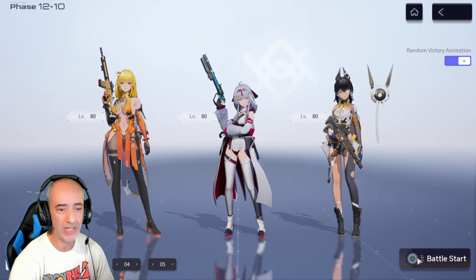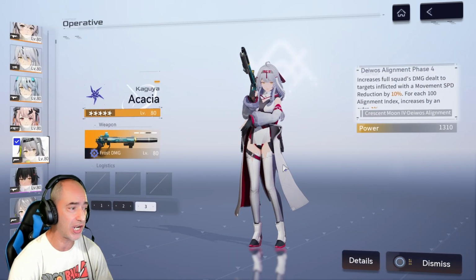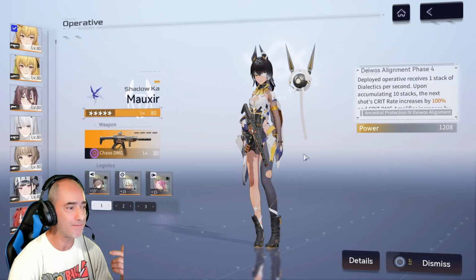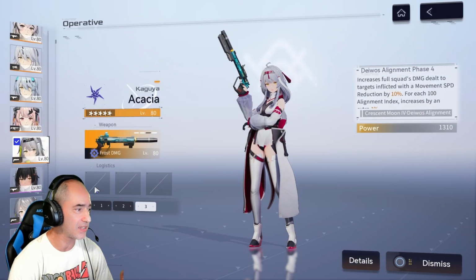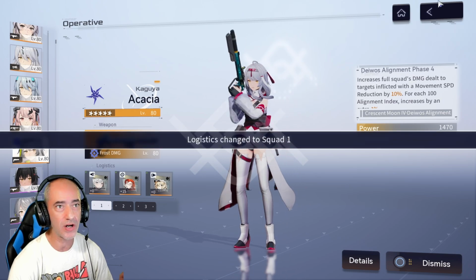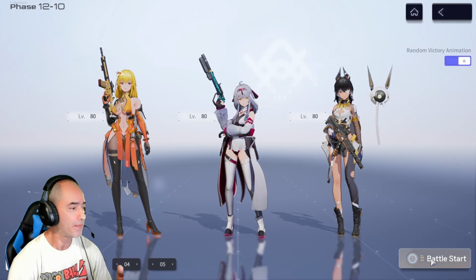Her damage really, like, we'll jump in here. And this, by the way, is a 5-star Acacia who doesn't have logistics on her, which we're going to have to change. And we have Moxer here who has logistics on her, right? So let me go ahead and change this up a little bit, guys. And let's add a little something. You know what we'll do is we'll just put the Navigator Squad on her, okay? We'll get a little bit of a buff. Not the best buff that we could get from other logistics, but I just want to show you guys the